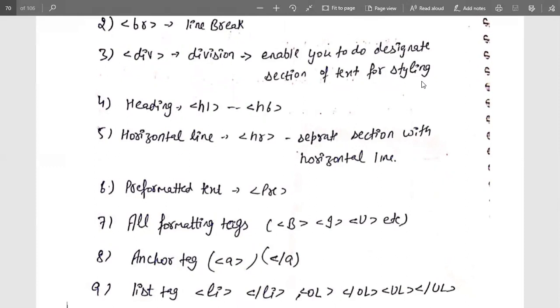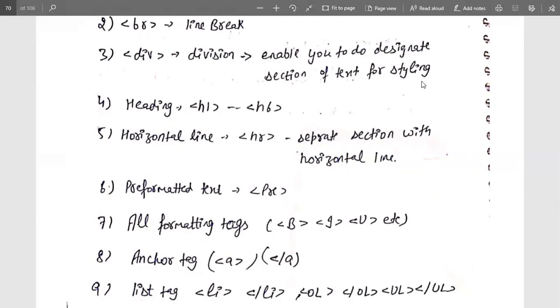Whenever I am inserting more important news, it is inserted in heading 1. After that, less important goes in H2 and the least important in H6. In a similar manner, the headings are mentioned. Next is the horizontal line. The horizontal line separates the section into horizontal separate areas. That is done with the help of a single tag called HR.